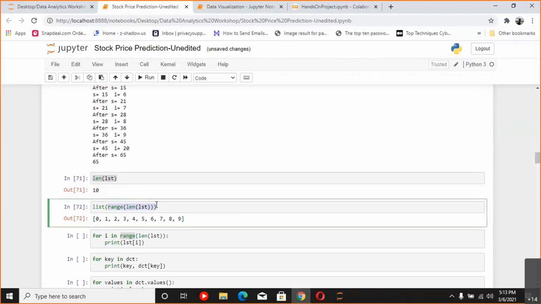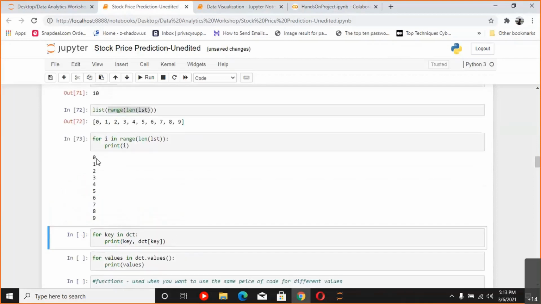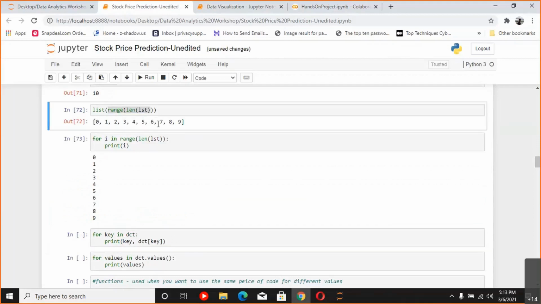And then when this range of length of list was given as an argument in i, let us see what happened to our i. I'll just remove this list part. You can say i iterated from 0 to 9, because obviously this was being outputted, and when this is iterated over, we have looked at for loops. What happens in a for loop is each element is stored in the variable. So one by one, firstly 0 was stored, 1 was stored, then 2, then 3, and similarly all the values were stored.